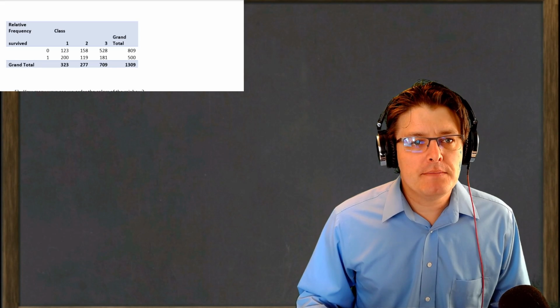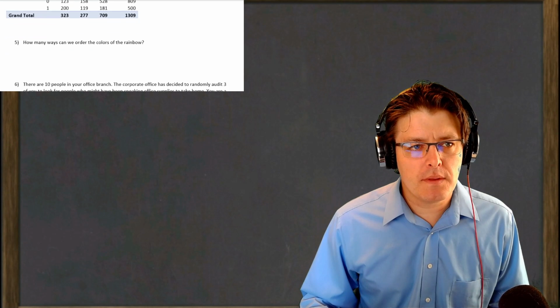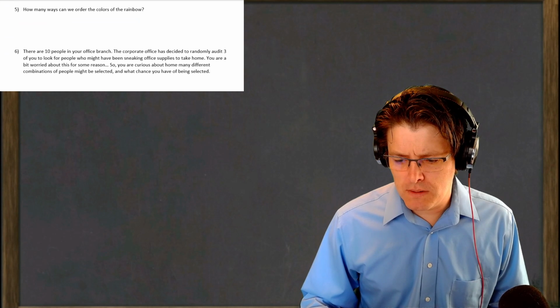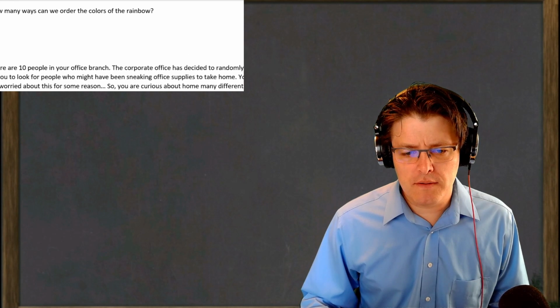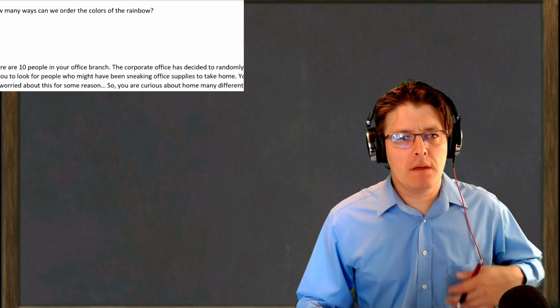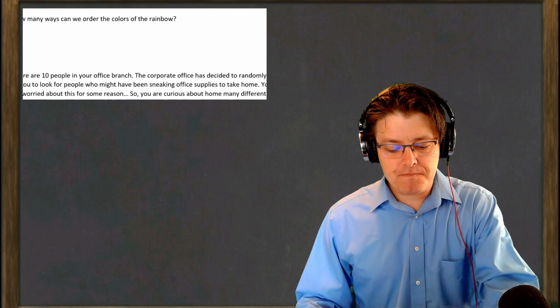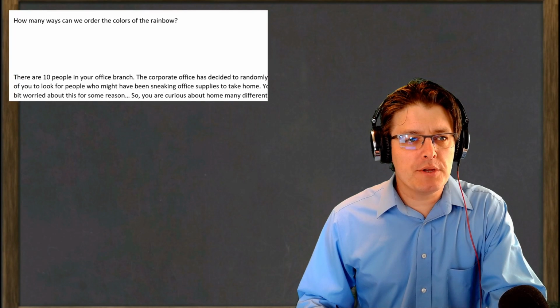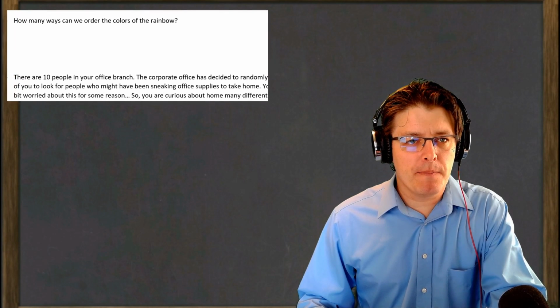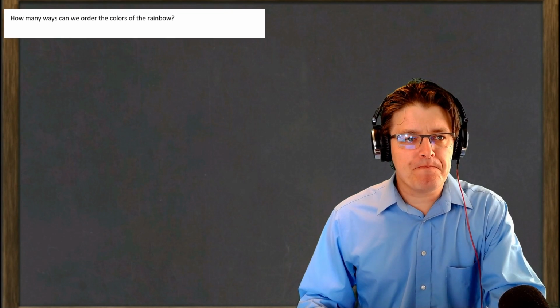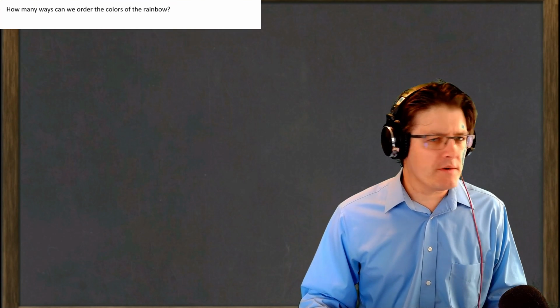I think we were just talking about ways we could order the colors of the rainbow, right? And I'm going to try to pull this up. That's really small. See if we can get a better look at that. We were using this kind of silly example to talk about what we can do as far as permutations. Hopefully that's somewhat visible.